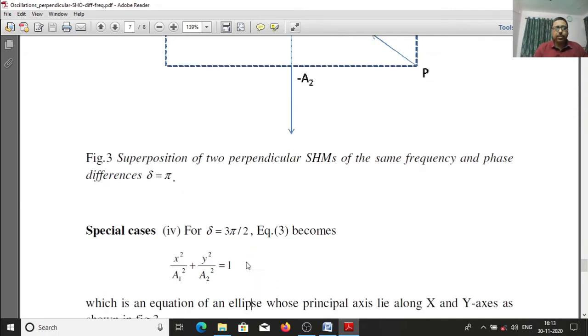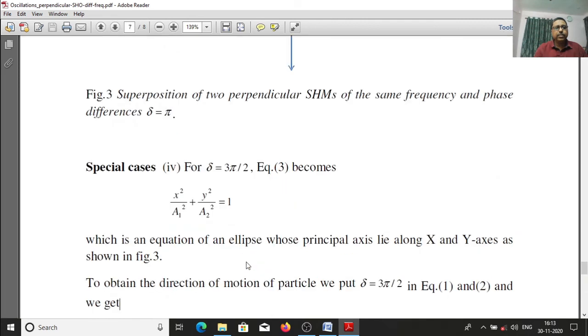Equation 3 becomes x square by a1 square plus y square by a2 square equal to 1, which is an equation of the ellipse whose principal axes lie along the x and y axes as shown in figure 3. To obtain the direction of motion of the particle, we put delta equal to 3 pi by 2 in equations 1 and 2, and we get